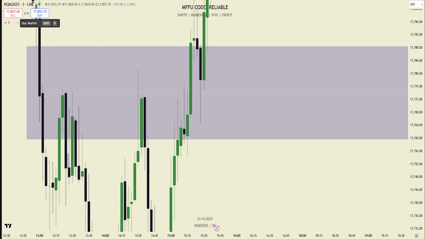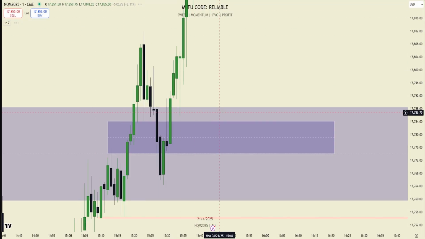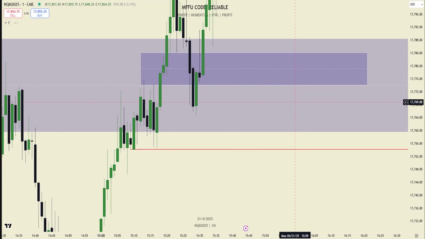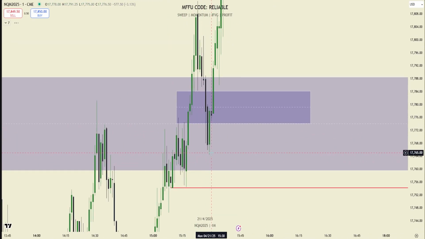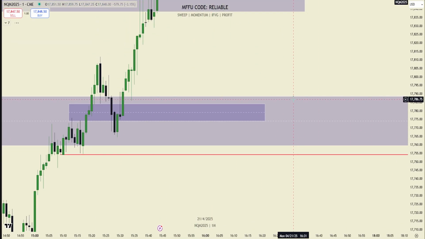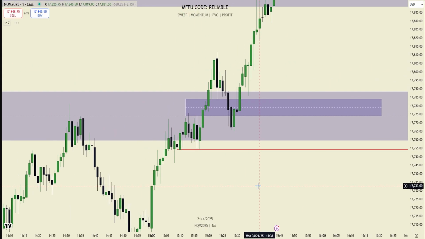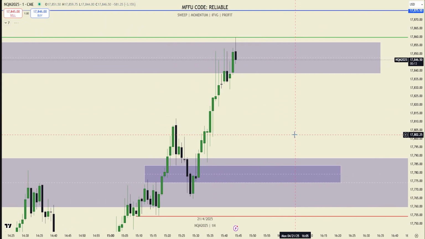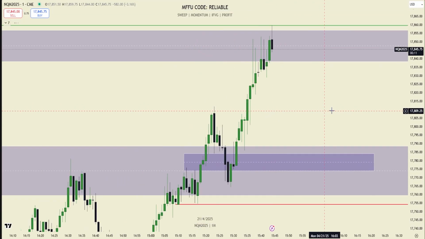So that's my fault. This was actually just human error. This wasn't even a valid setup. This 1 minute long was actually the better trade. Bruh. The only reason why I took that is because I thought they were triple equal lows. Like from right here, it looked like it. I'm just like not locked in, I guess. That sucks.